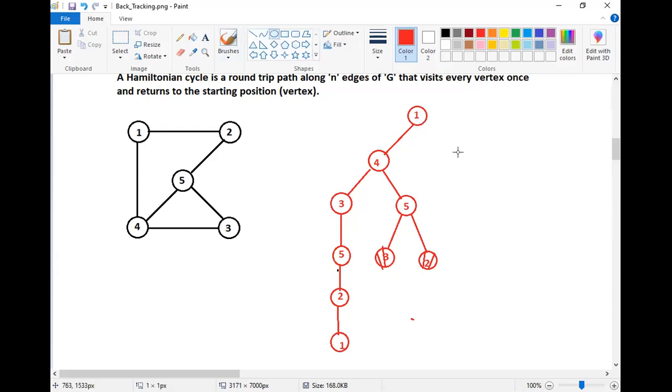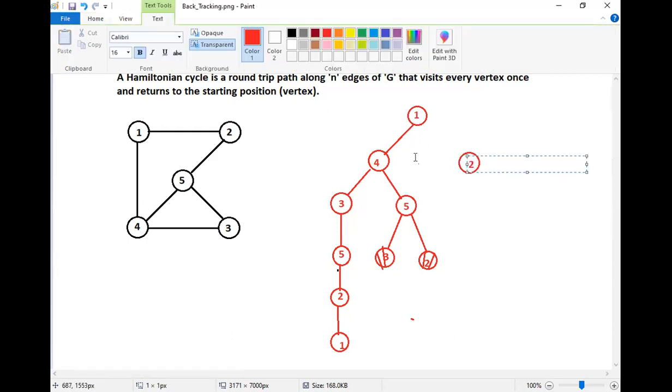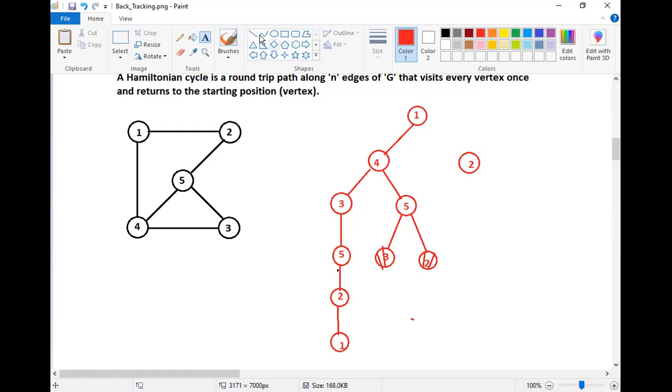Now, on the other hand, here, I will have 2. Right? Now, join these two, 1 and 2. From 2, there is only one path, that is towards 5. So from 2 to 5 I can go. Okay, then from 5, 4 and 3. Now let us say that I will go in the direction of 4.